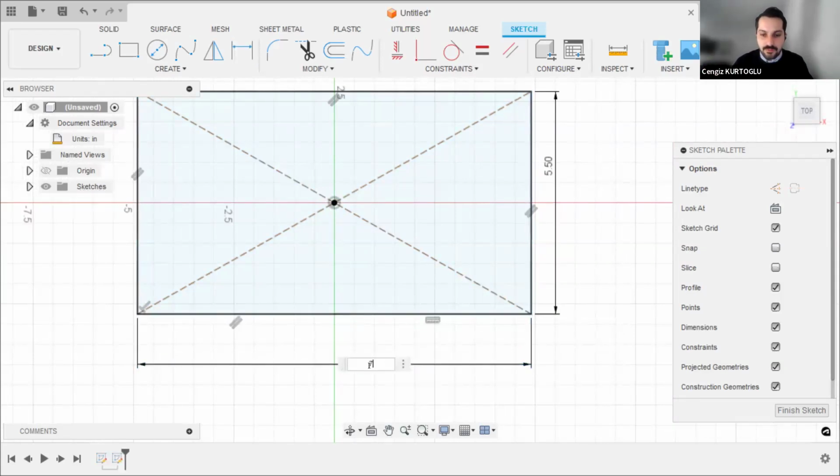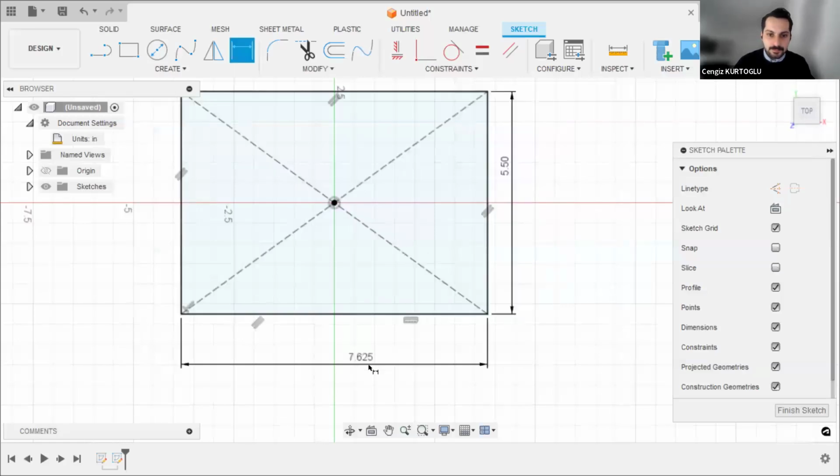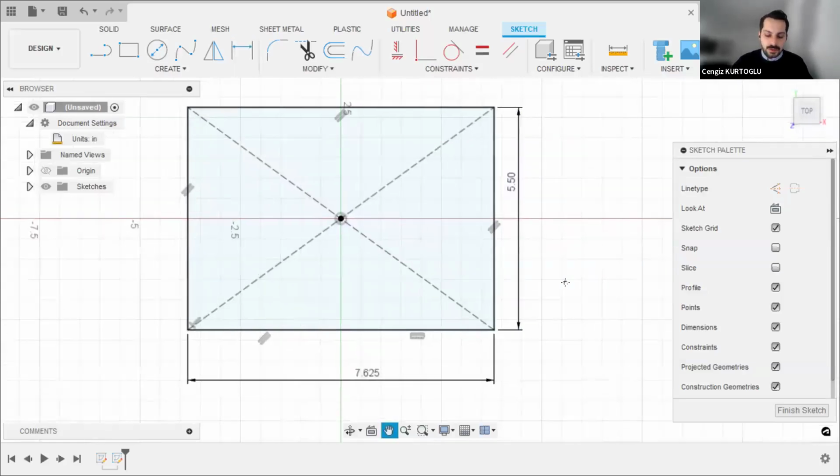As you can see, 7 plus 5 divided by 8. And now we created our